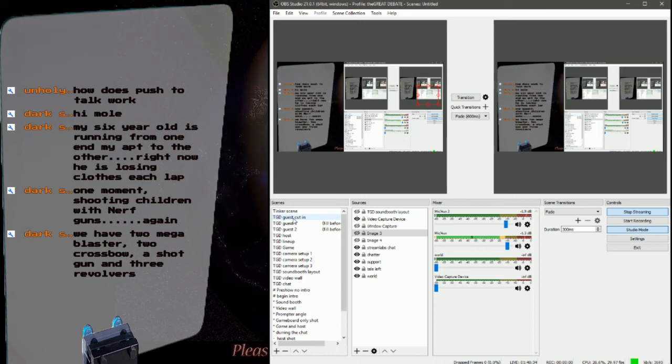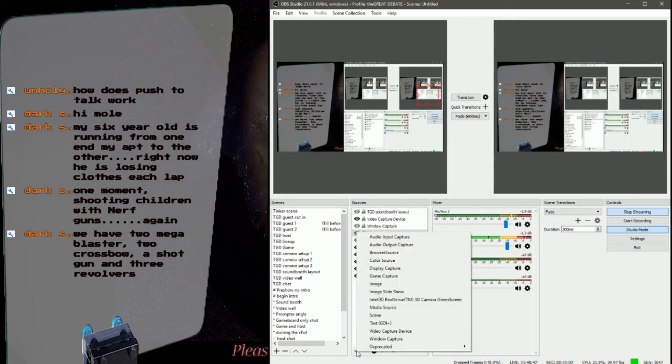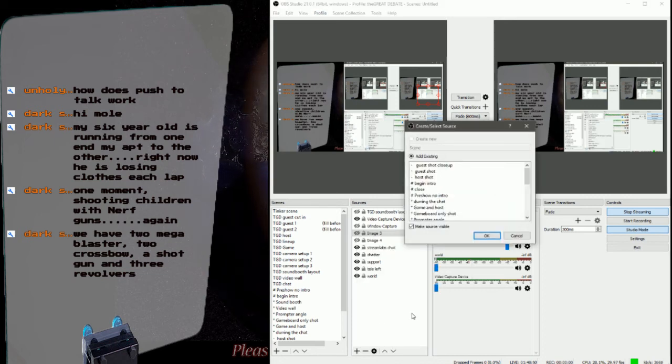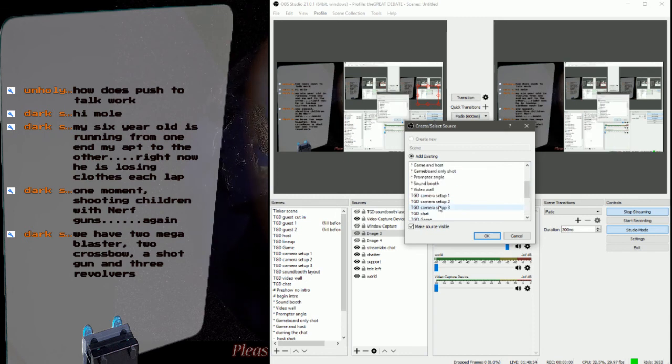Now, bear with me. I'm going to do this and say it in real time, and then you're going to see it slowly catch up as you're watching the live stream. So you can actually add a scene and then go through and pick one that you like. And in this case, I'm going to go with camera setup 1, just because it's a quirky little scene.